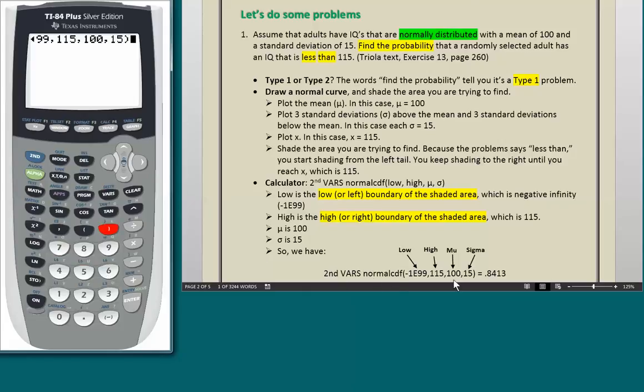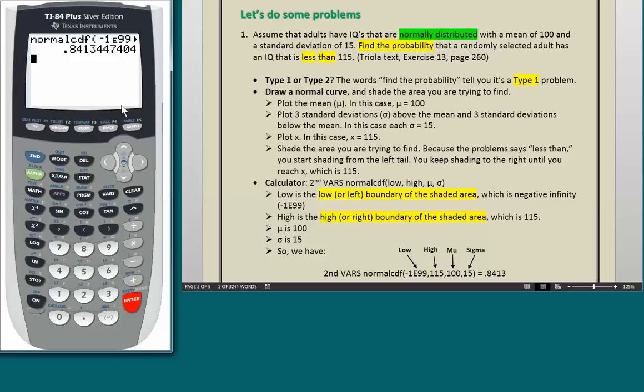And here it is, shown very plainly. Second var's normal CDF. The low is -infinity. The high is 115. Mu, or the mean, is 100. Sigma, or the standard deviation, is 15. This says the answer should be 0.8413, and let's see. I will just hit enter on the calculator, and there's our answer,